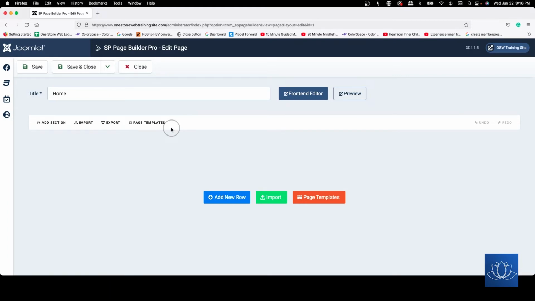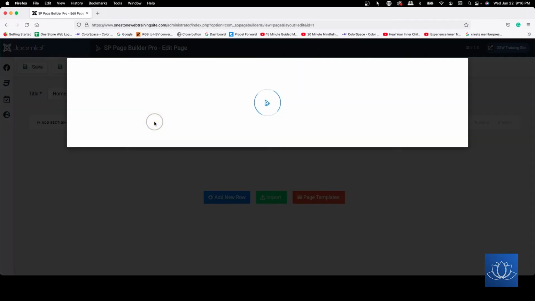What we want to do is add structure. And you do that in several ways. Number one, you can import pages that are already predefined from SP Page Builder, or something you may have exported out of one of your other websites. You can take a web page from another website, export it into a JSON file, and then import it into here. You'll notice that right here there's import, export, or if you click on here, you'll find